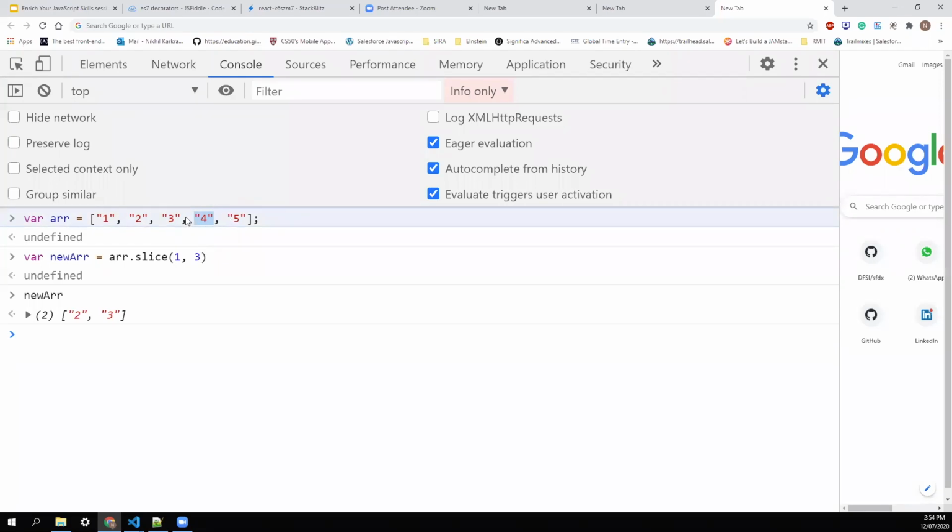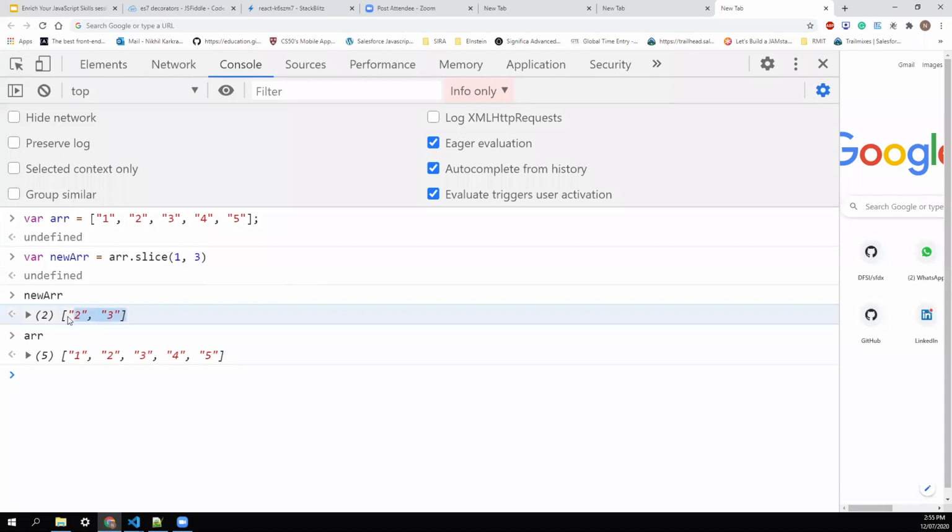So it ignores this and slices these two values in array format. And as I said, it's not mutating the data. So if I press arr again, the actual data remains the same. It's just slicing it and assigning it to a new array. So this is all about slice.